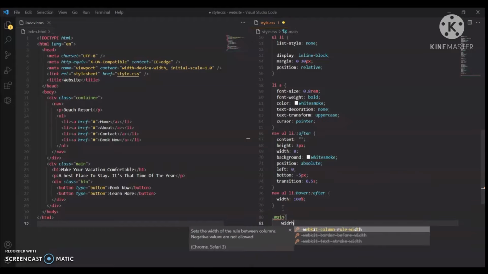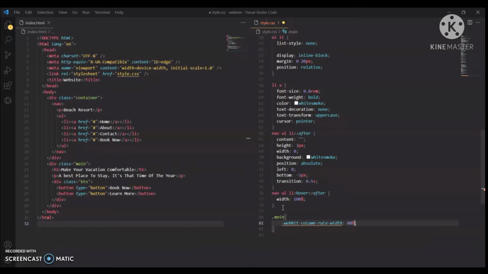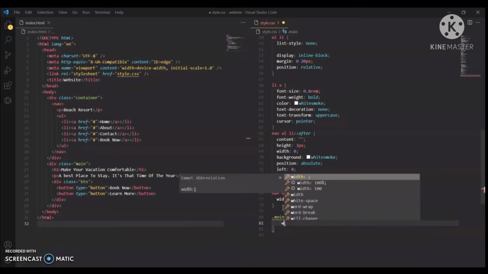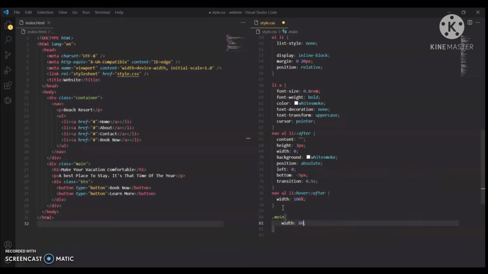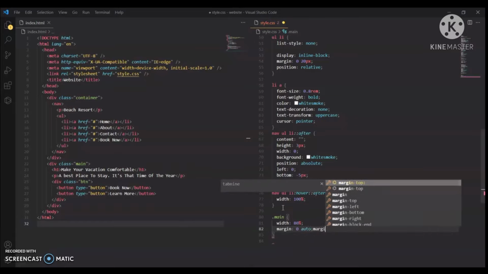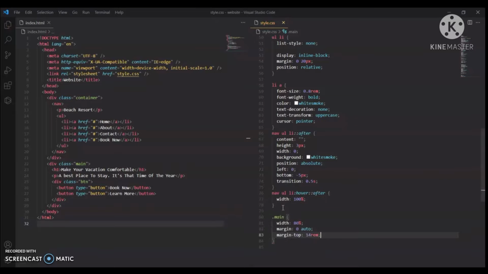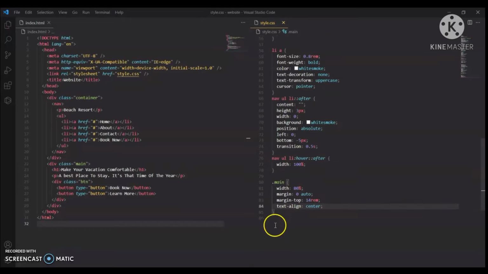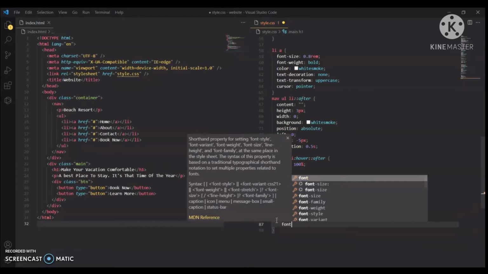Now we will be giving width 80% to our main, margin 0 auto, margin top 14 rem. So it will align our main into the center with margin top 14 rem.